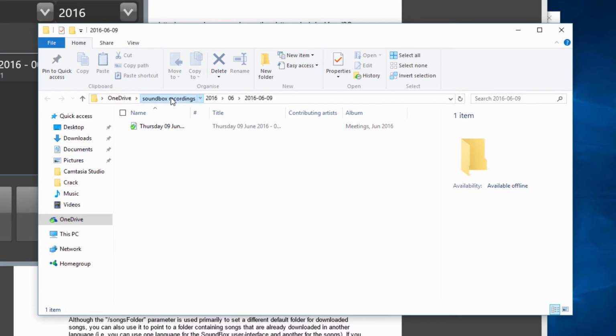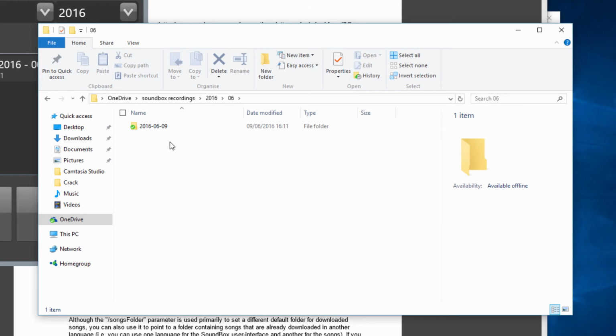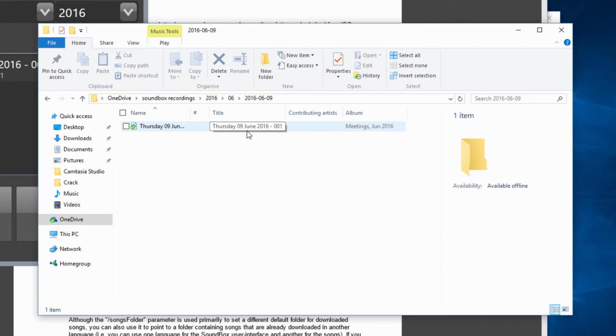So if we go to the Soundbox recording folder, which I told it to, you'll see there's a 2016 folder. If I double click that, there's now a 06 folder. That refers to the month, so that's June. And then there's another folder which is the date in American format. So the 9th of June 2016. If we double click that, there's the recording. A bit convoluted, but now that will automatically get synchronized to my OneDrive, and you can then share that to